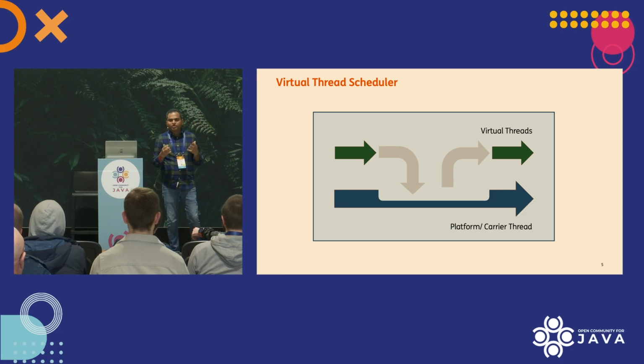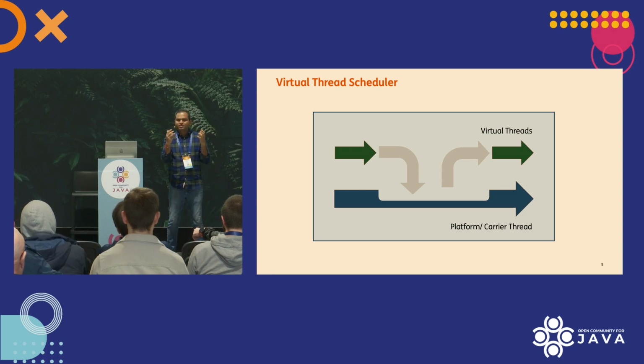Well, for that we have the virtual thread scheduler. Now, this is a newly introduced scheduler along with virtual threads. What it does is it mounts a virtual thread onto a platform thread when a virtual thread requires a platform thread, and it unmounts it when a virtual thread does not require a platform thread. Now, what would be the scenarios where a virtual thread would not require a platform thread? It would be when a virtual thread is waiting for something, right? And then it doesn't need to process anything, so it doesn't require a platform thread. And in that case, it gets unmounted.